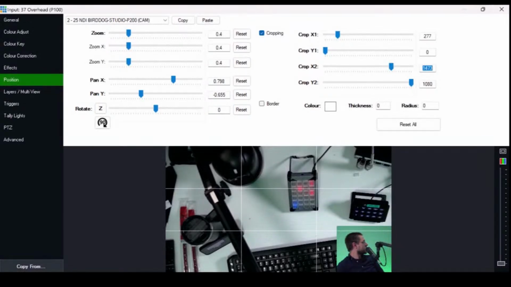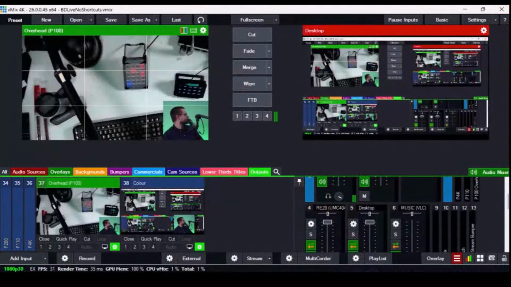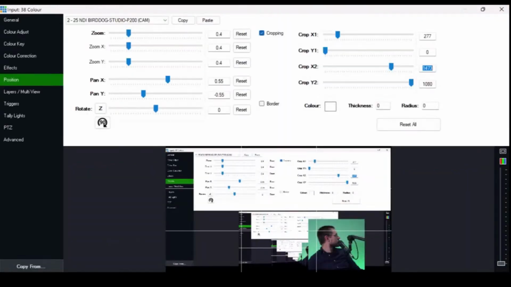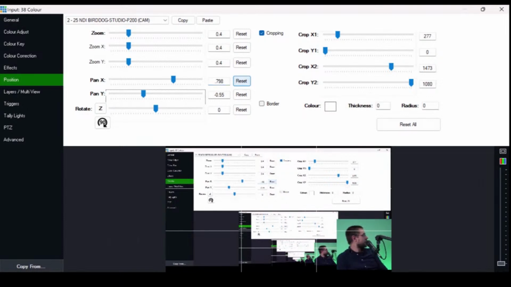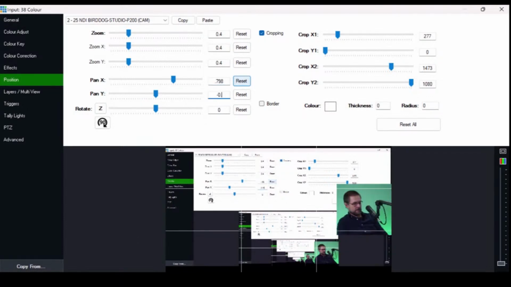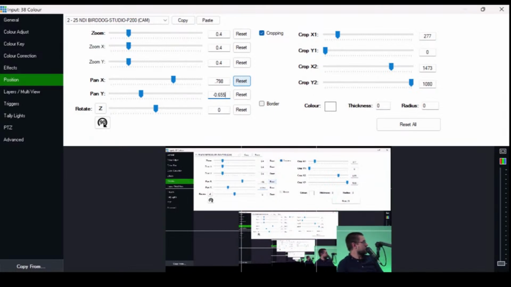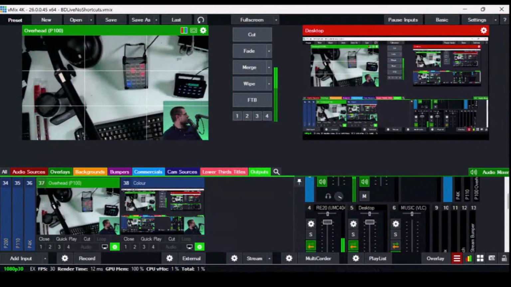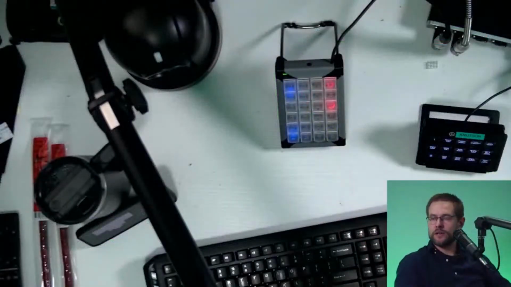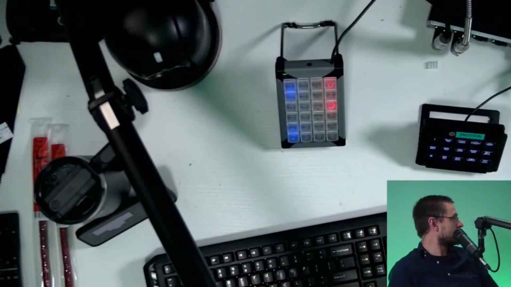And so the position, oh geez, I may need to write this down. 0.798, negative 655. Boom. Okay, so now the reason for this is I want to provide consistency between these two shots,